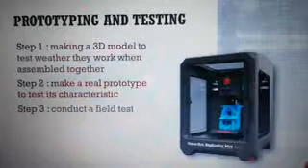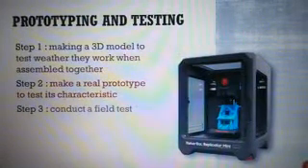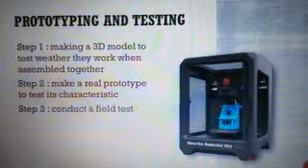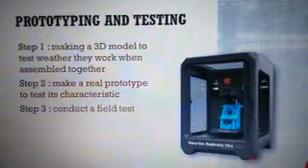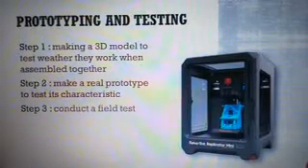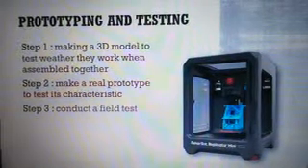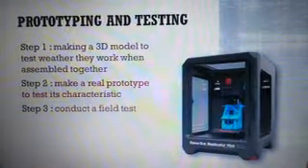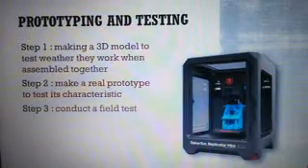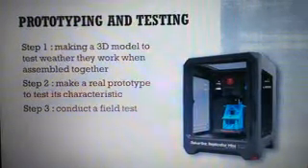As for prototyping and testing, test models are made part by part using 3D printing to test the functionality and concept, to check and ensure that those parts can work well individually and when they are assembled together. After which, a real prototype is made using the real material to test the strength, durability, reliability, and ease of use. Lastly, a field test is conducted to collect survey feedback forms.